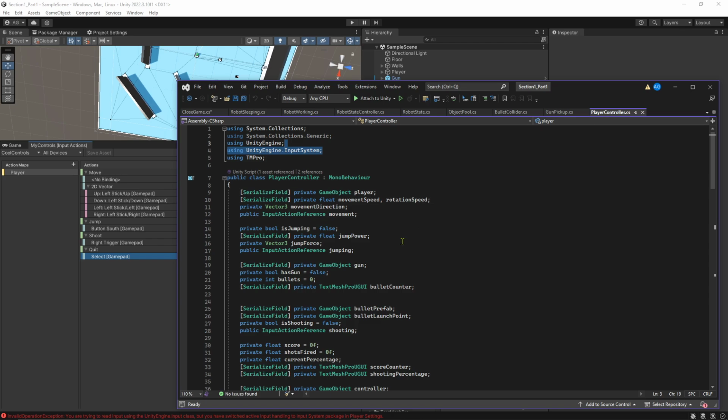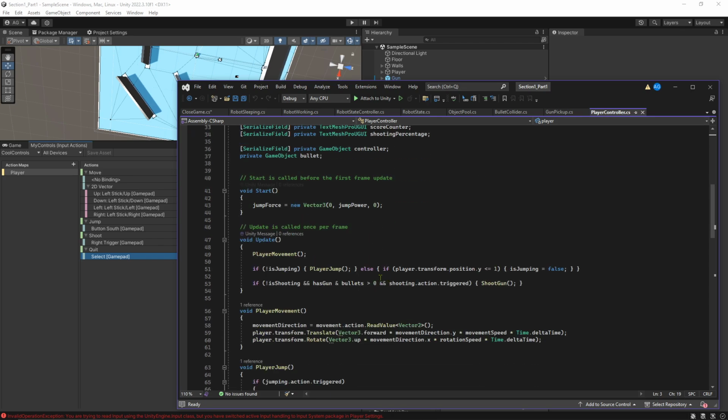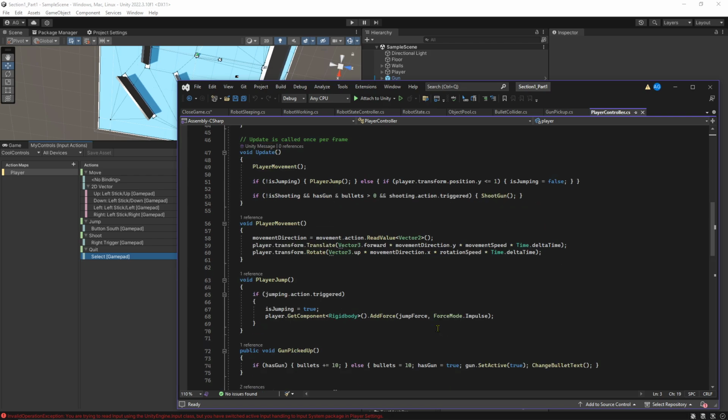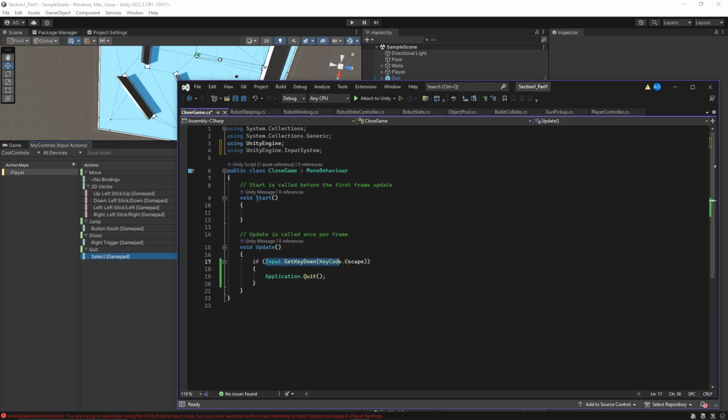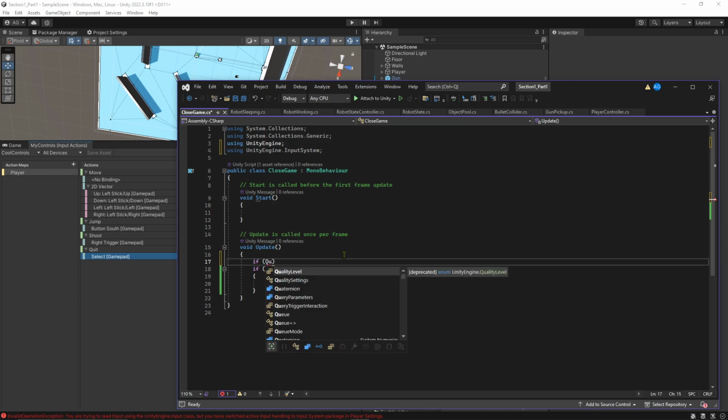And then we're going to use basically the same thing like we did for jump. So we're looking for quit, right? So quit action triggered. If, we'll just add it on top, if quit